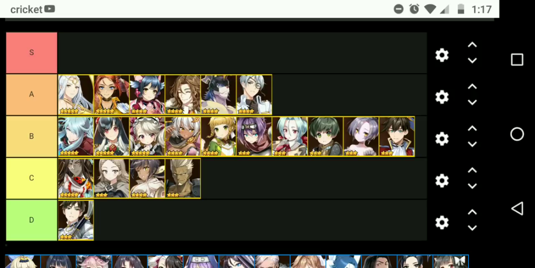Sage, Bale, and Sazan here does nothing in PvE. His damage sucks, and he does nothing. Like, he could be D, to be honest. He doesn't do anything. Then Celeste, she's alright. I mean,